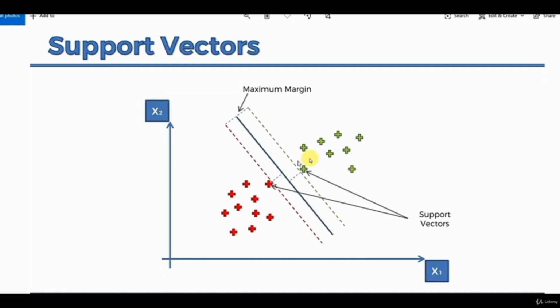The data points it chooses will have a specific property: it is going to pick a data point from the red data set which has the most traits in common with the green data points compared to the others. So this red data point will have more traits similar to the green data points compared to these, and similarly for the green data set this data point will have more traits similar to the red data points compared to the remaining data points.